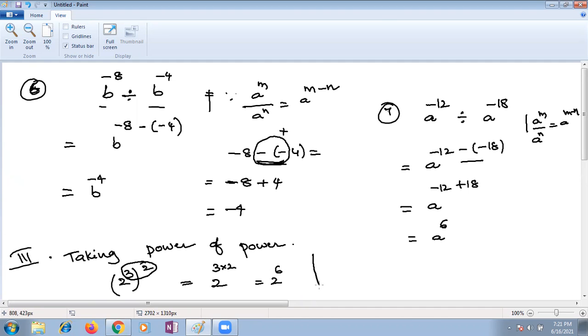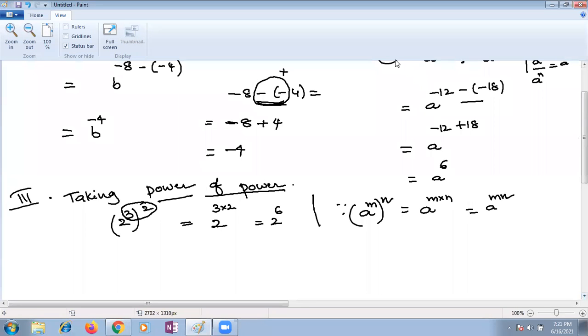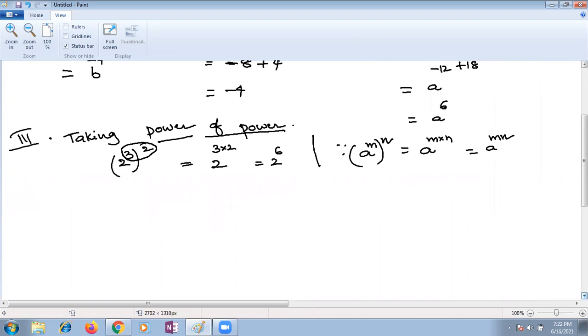Since which law of exponent? A power m whole power n, power of power. That's why it is power of power. We multiply the powers, so we can write it as A raised mn. mn means m multiplied with n, children. Shall we go with some sums on this now? Yes, ma'am. Now Aditi, the base and two exponents you are having, power raised power. Aditi, please respond.